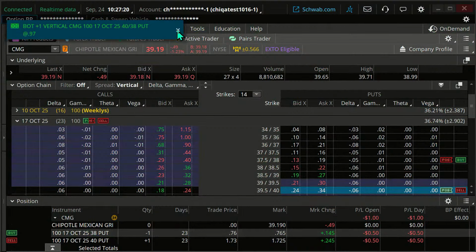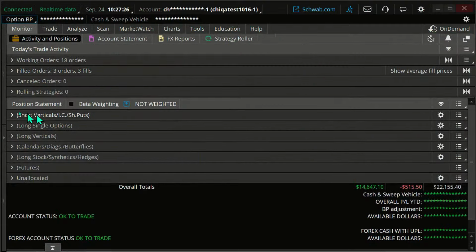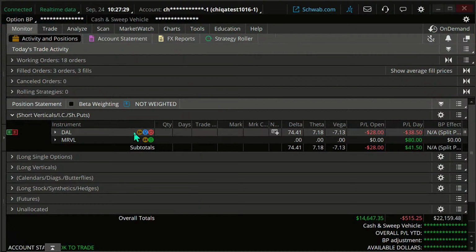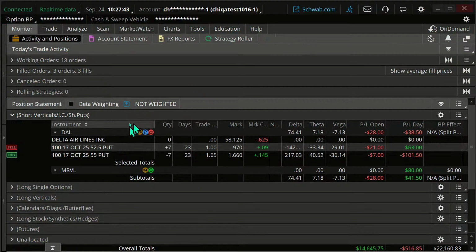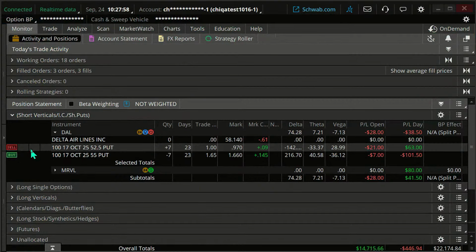Okay. So that's the first part of what I wanted to do in the webcast today, which was to show you exits based on stock price as well as options exits. But let's look at some other types of trades, because we just talked about long verticals. What about short verticals? In the case of short verticals, we're going to have the same kind of things, and we can see I have some exits here on this, but they haven't been hit. And we're losing a little money on this, but it can certainly get worse.